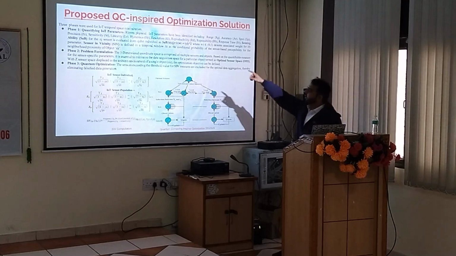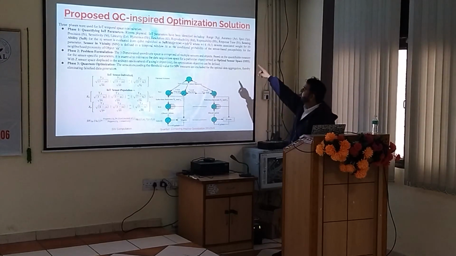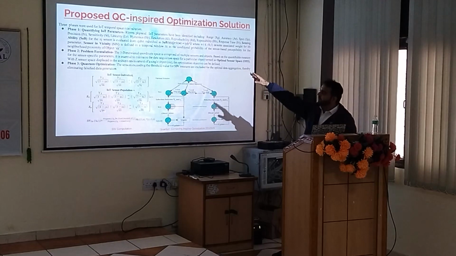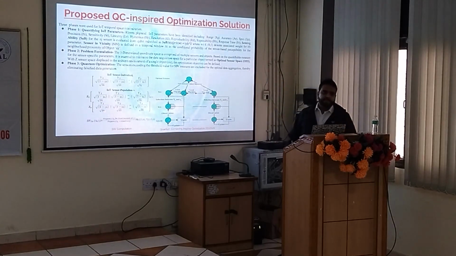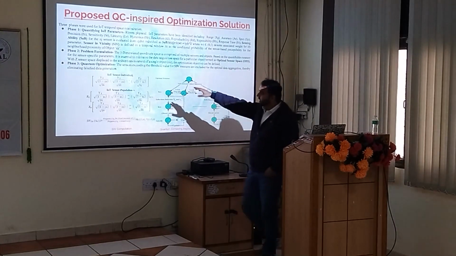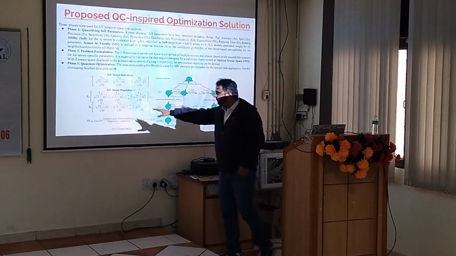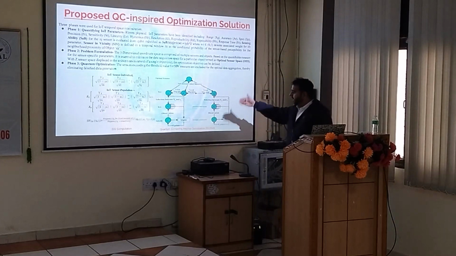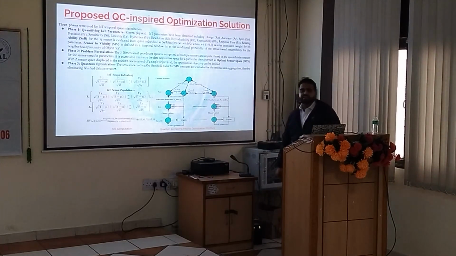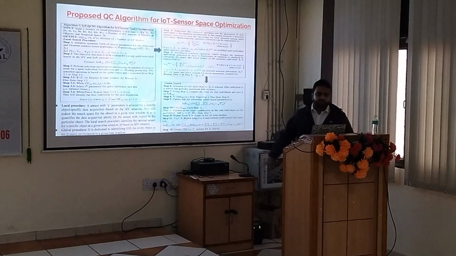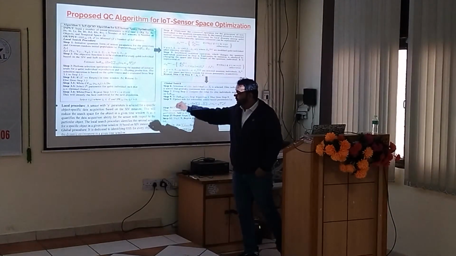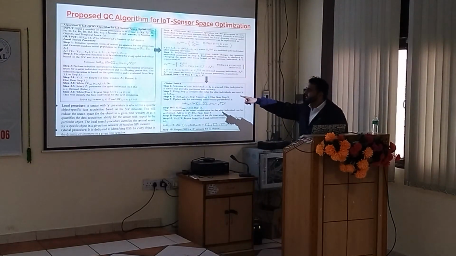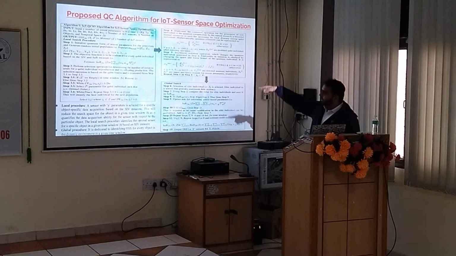For the sensor, we are having different parameters. For example, range, accuracy, span, precision, sensitivity, linearity. All these parameters were mapped over qubits. Accordingly, the sensor individual is there, and the sensor population was made using mathematics and different iterations. We were able to get the optimized result. If I talk about the algorithm, we are having two types of procedures: a local search procedure and a global search procedure. This is the core algorithm that was designed.